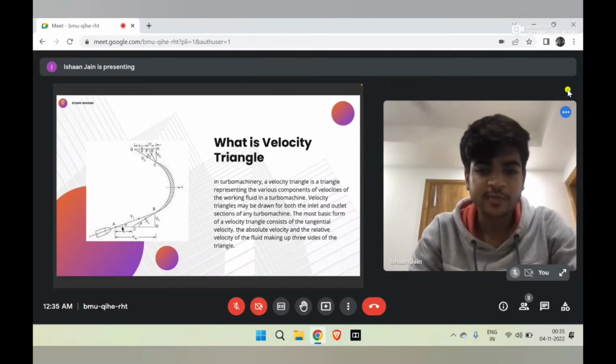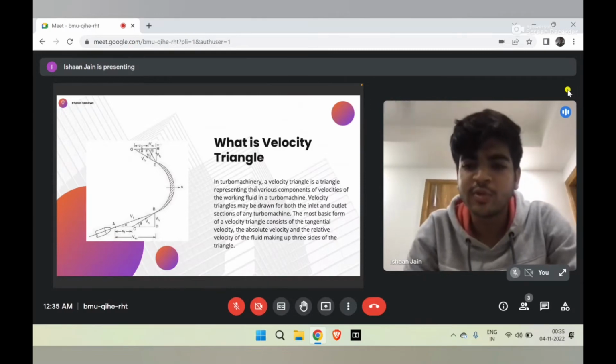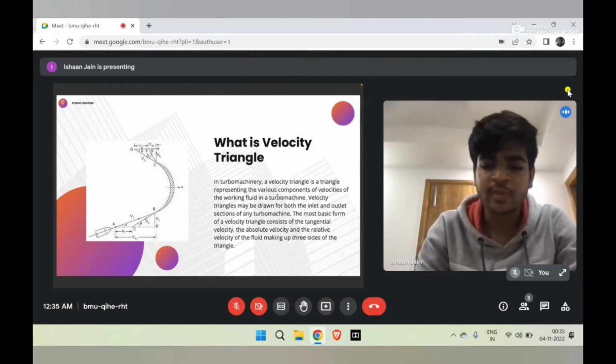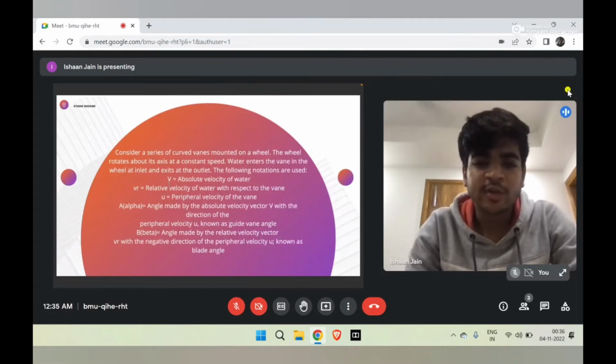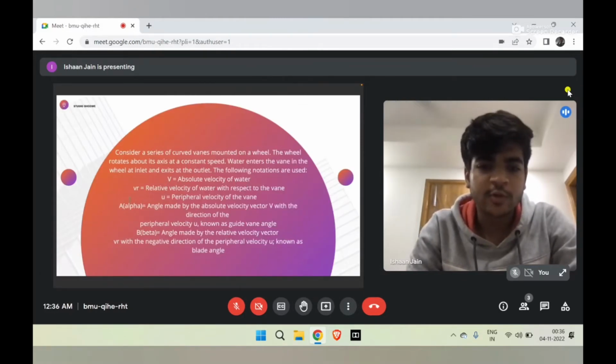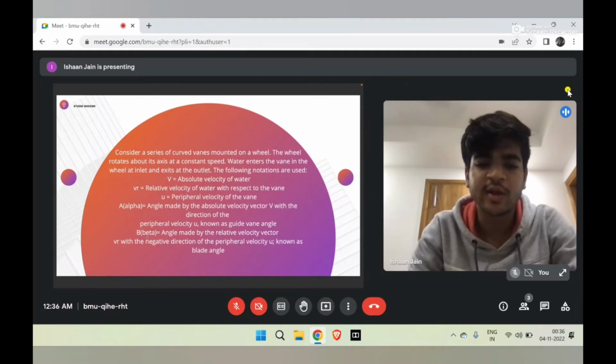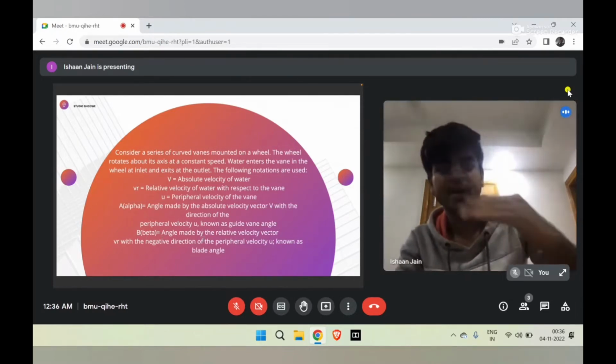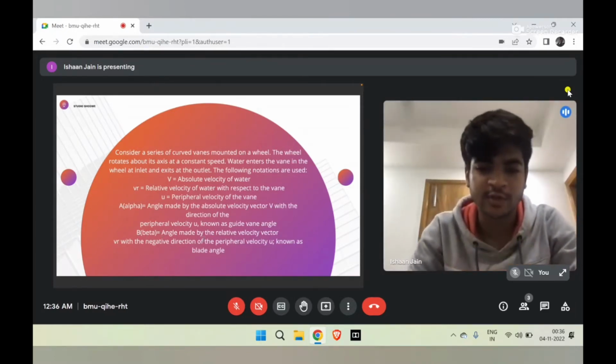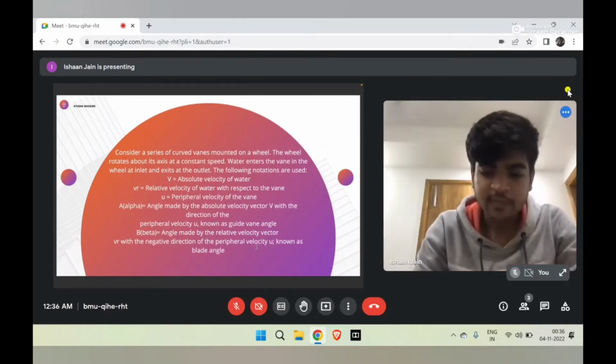तो यहाँ पे हमारा वेलोसिटी ट्रायंगल कंप्लीट हो जाता है। सो यहाँ पे हम देख भी सकते हैं कि इन टर्बो मशीनरी अ वेलोसिटी ट्रायंगल is a triangle which represents the various components of velocities of the working fluid in turbo machine. तो ये हमने यहाँ पे डिनोट कर दिया, V is the absolute velocity of water, VR is a relative velocity, U is the peripheral velocity, alpha जो है हमारा वो angle made by the absolute velocity vector with the direction of peripheral velocity, जिसको हम बोलते हैं guide blade angle। बीटा हमारा angle made by the relative velocity and the peripheral velocity का हॉरिजॉन्टल डायरेक्शन में।